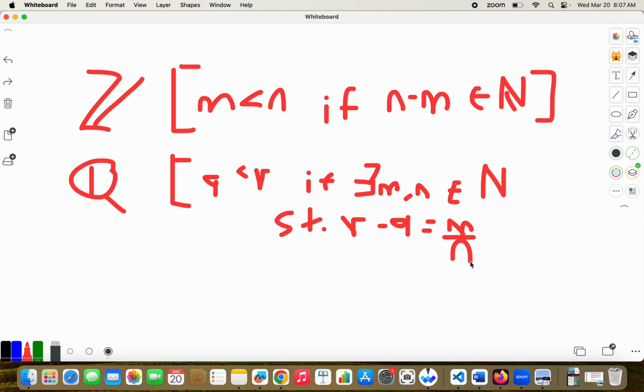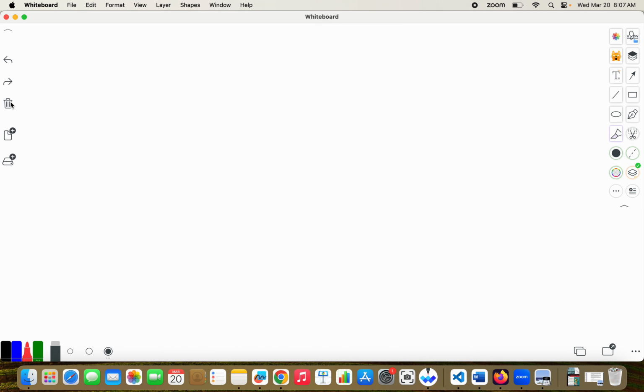So there are not going to be any negative numbers, so that's good. So these are the two basic examples of ordered sets, and the final one